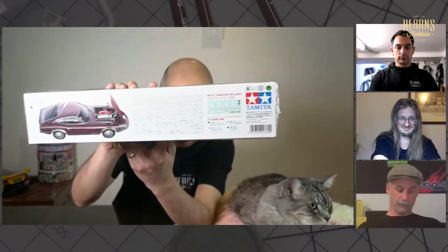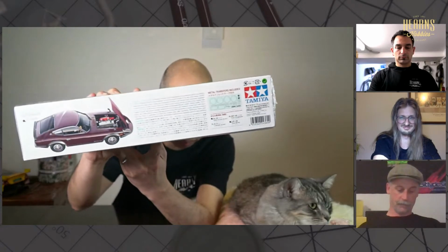This has also got full engine detail too. So that's the bonnet that comes up. Let's have a quick look inside. Just open this up. I love Tamiya car kits. They always have a very specific way they go together, and they're always very well engineered. So these are 24 scale. So the bodywork